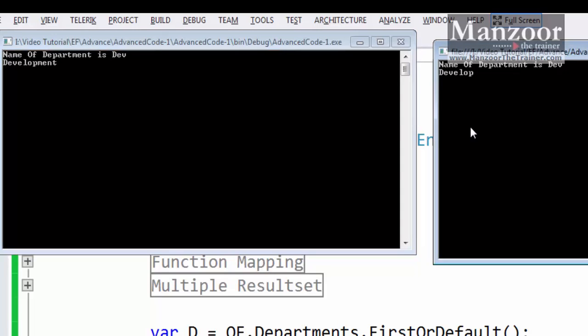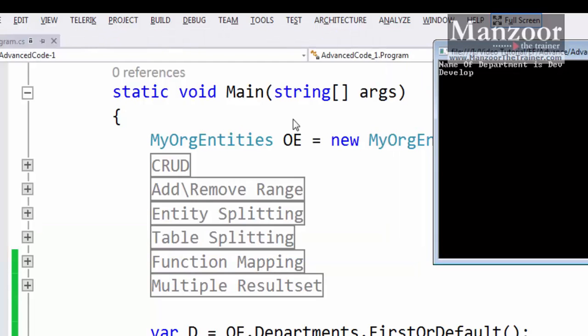Now both of them are trying to perform an update operation on the same record. What value will it take? Will it take development or will it take develop? Yes, of course, it depends on whoever makes the changes last. Say for example, development, press enter and enter. That means now the value got changed to development,